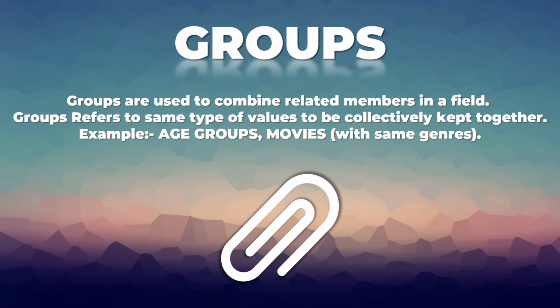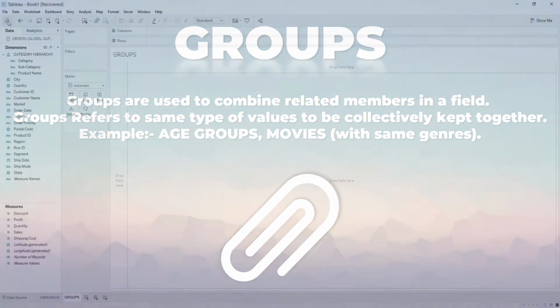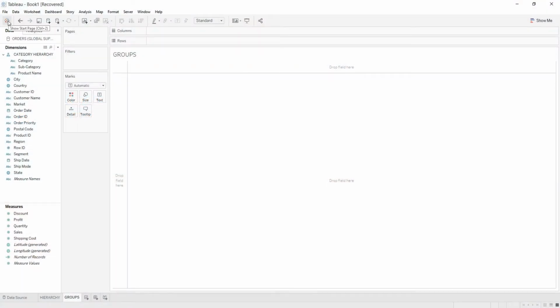Moving over to groups, I think you might remember that in the previous video I told you that in one attribute, if we need to keep the values that are similar according to any condition, then we can create a group for them. That would be a new field where every value would be represented by its group name. Groups can be created using dimensions and measures, but the resultant field after creating a group would always be a dimension.